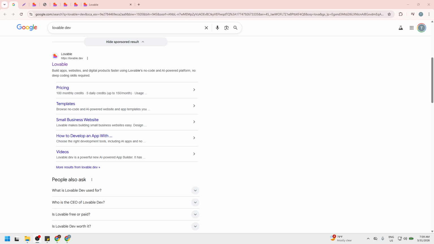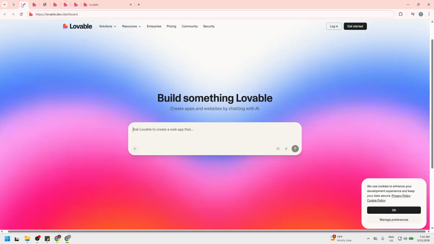Start by opening your preferred web browser. In the search bar, type Lovable Dev and press Enter. You're looking for the official site in the results. Take a moment to confirm you're on the correct page before continuing. Look for the recognizable branding and a secure connection in the address bar so you know you've landed in the